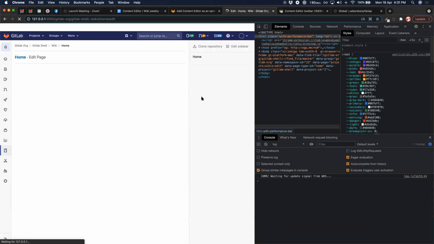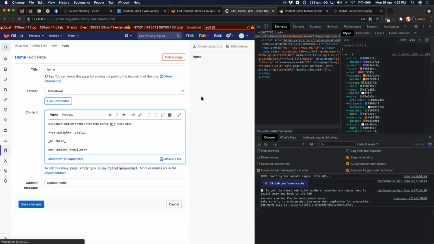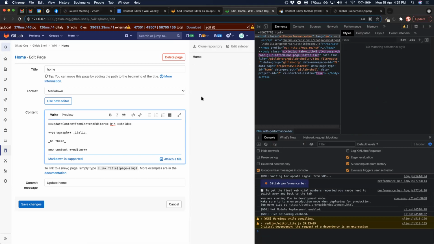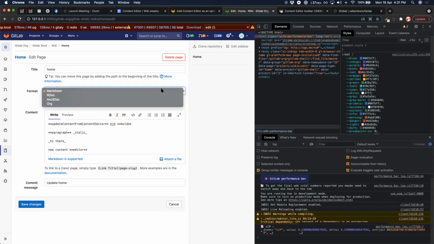Yeah, that's pretty good. I think that's aligned with the user expectation. It doesn't matter if they are using a different format. At least they know that when you go back from the content editor to RDoc or something like that, if they get Markdown, it's because they've never had the expectation of getting something different, right? Of converting something in the content editor to a different format. Yeah, and also